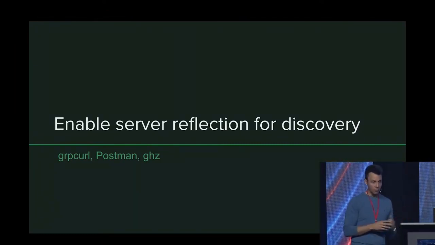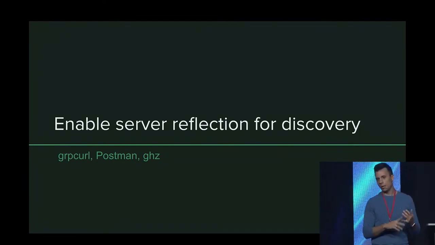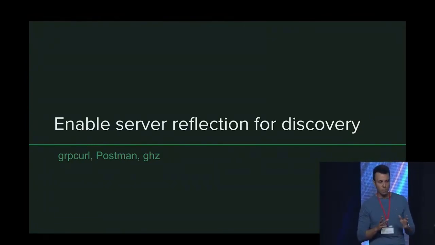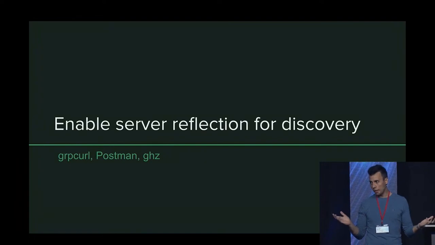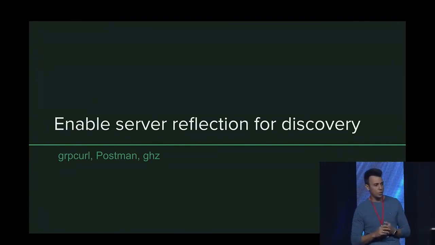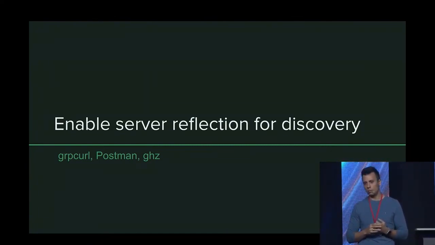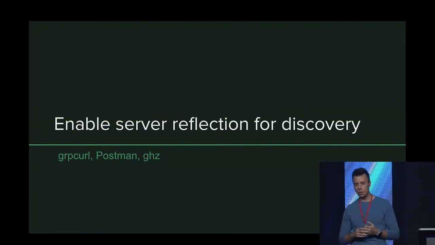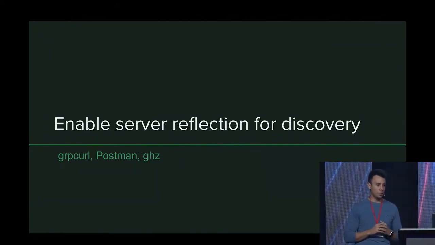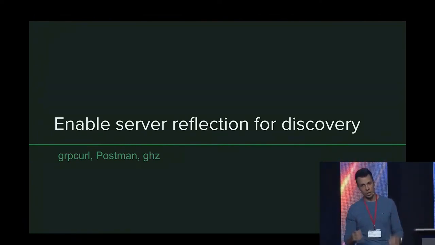And a few tools that I mentioned here: there is gRPCurl, or I'm not sure how you pronounce that, but it's like curl for gRPC. You can send requests from a CLI. Postman, I guess many of you have used. There is one more, ghz, which is essentially a load testing CLI. It's quite simple, quite powerful. You can use it as a CLI or as a library. Those things are much simpler when you have the reflection enabled.